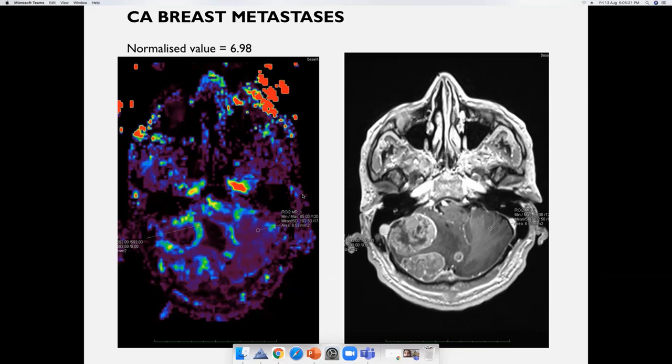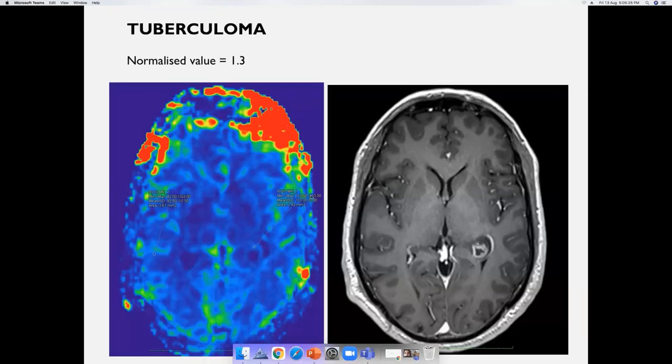In tuberculomas, if the ATT has just been started, within 2 months you can get an inflammatory stage of tuberculomas. This is a paradoxical response to treatment where you get values of 1.5, 2. So you need to have a history of tuberculoma: if the ATT has just been started in the last 2 months only, then don't get disturbed by the aggressive-looking perfusion findings in tuberculoma. Don't worry about it. You just follow it up. The values will come down to around 1.8, 0.9. So only one exception in tuberculomas.